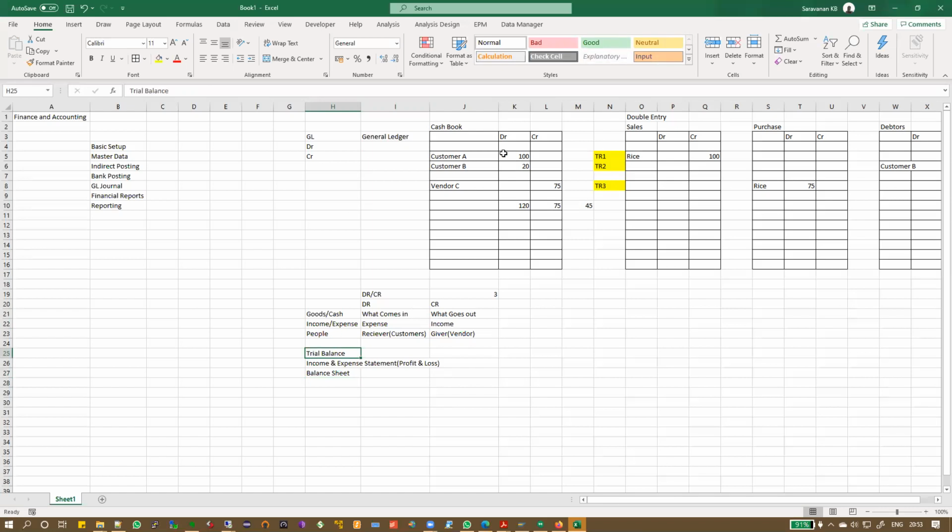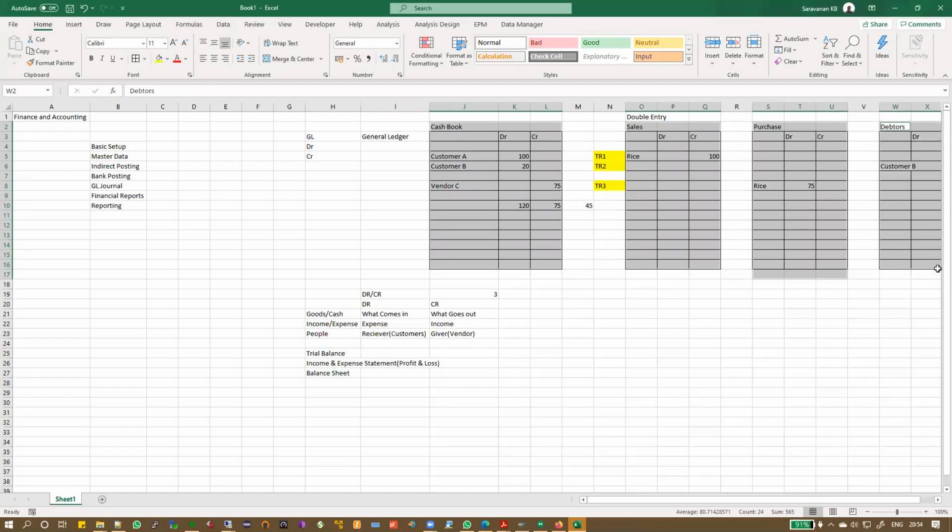Trial balance is nothing but all the books that you have, all the debits, all the credits, if you list it together in one big book or in line, if I just put all of this one below the other, that becomes my trial balance. Okay, and my trial balance will always tally. That means my total credit will always be equal to my total debit.